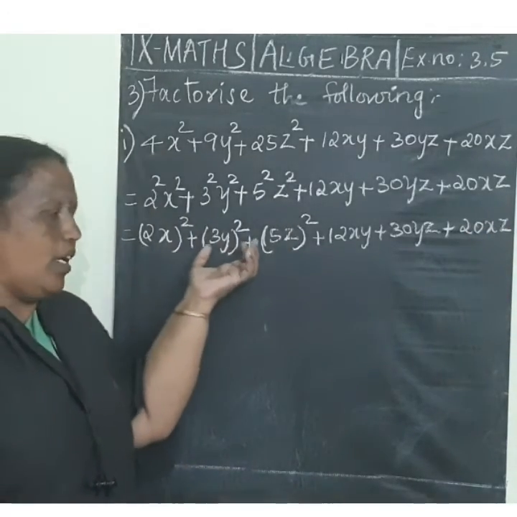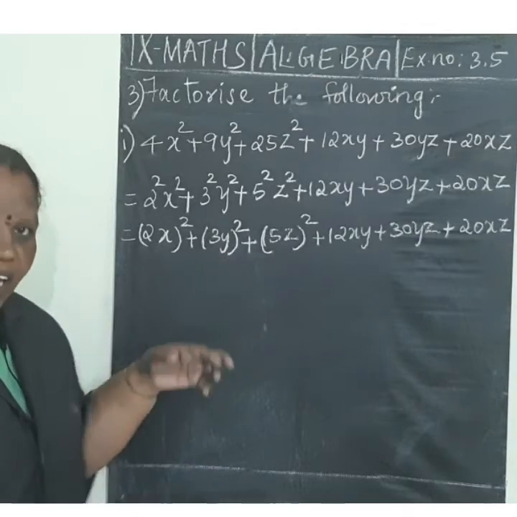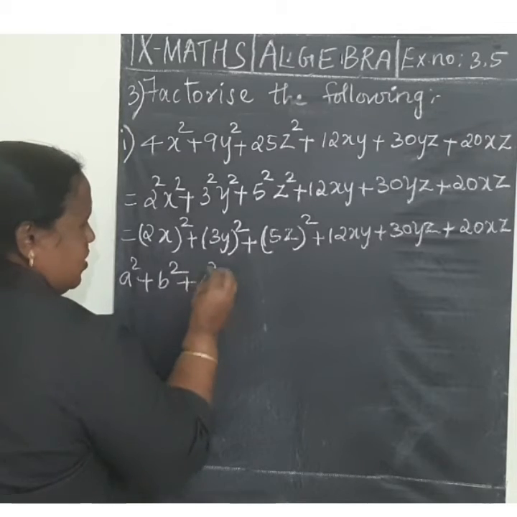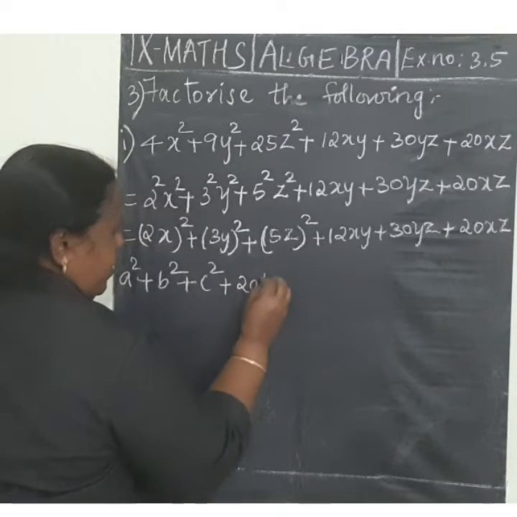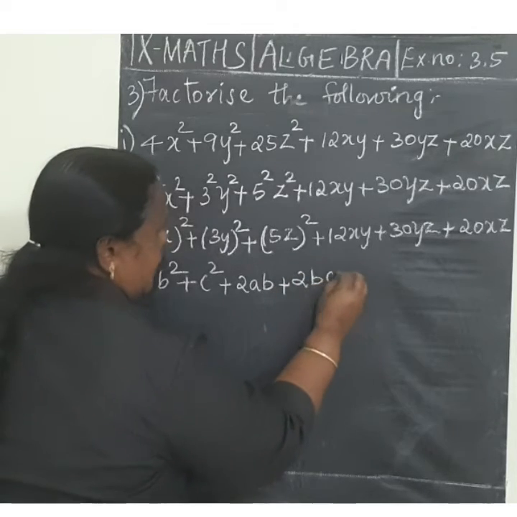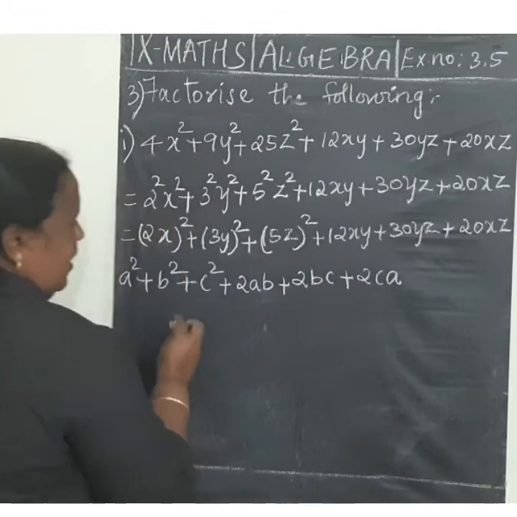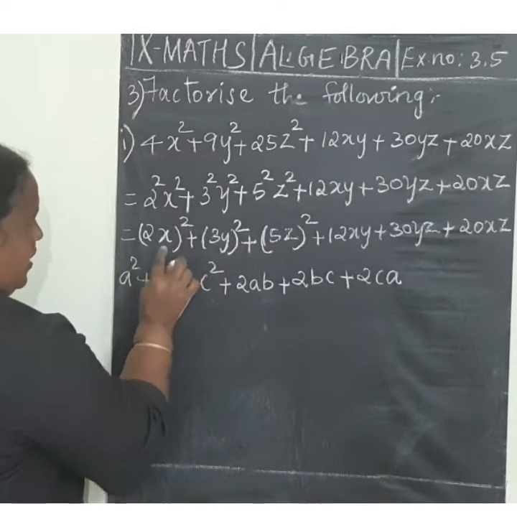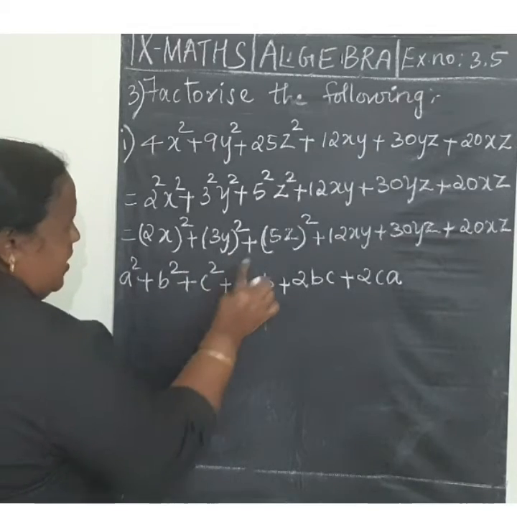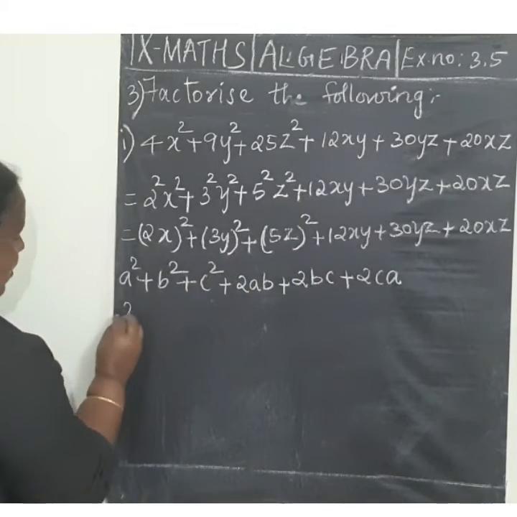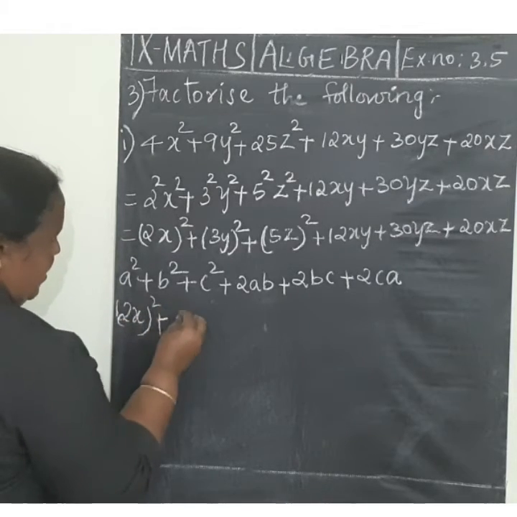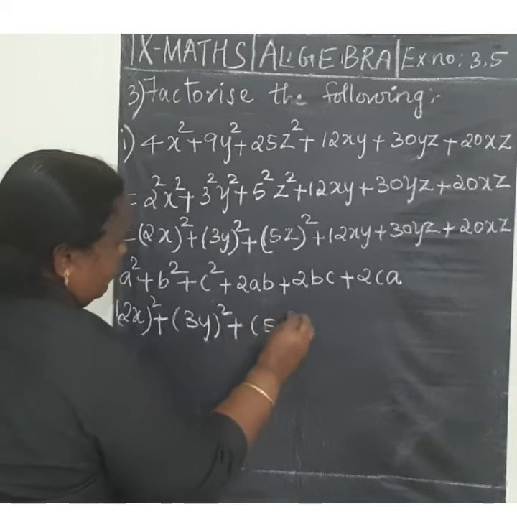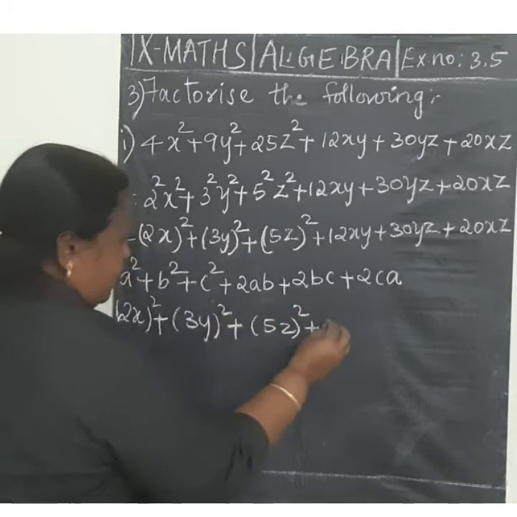Now we have 3 square numbers, so we can use the identity a squared plus b squared plus c squared plus 2ab plus 2bc plus 2ca. Now our a is 2x, b is 3y, c is 5z. So (2x) the whole square plus (3y) the whole square plus (5z) the whole square plus 2 into